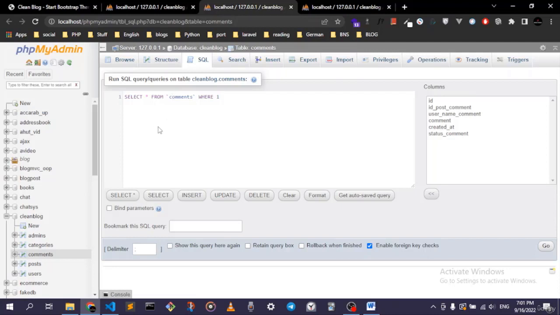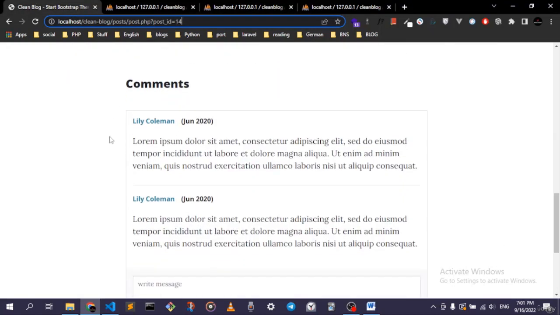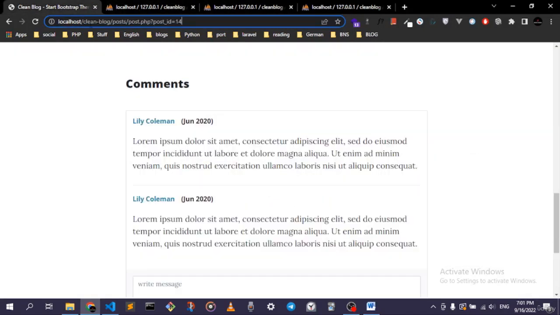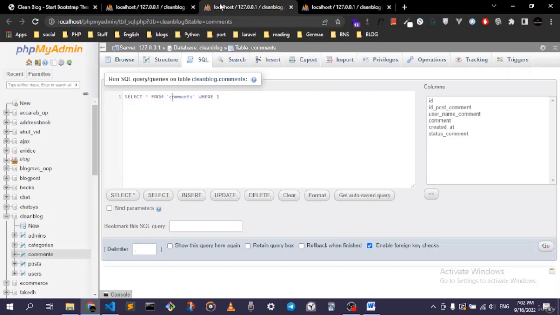All right, and you might ask why we need the posts.id. We can just grab the comments. Of course we cannot do this. If we do that, we will grab the whole comments table for every post, and this is not what we need. We need to grab the comments that are only for this post, and we are going to specify this by this post ID down here, just like I'm going to show you. So if we go ahead and select